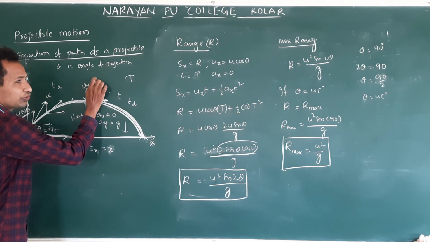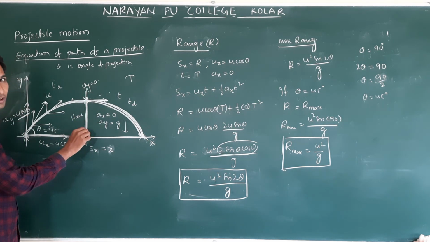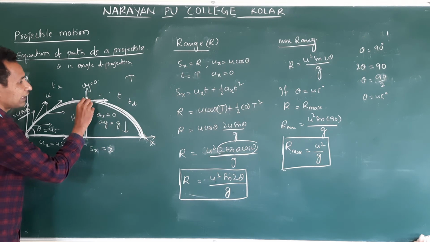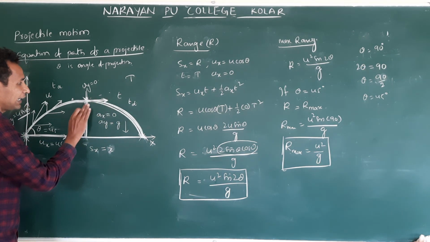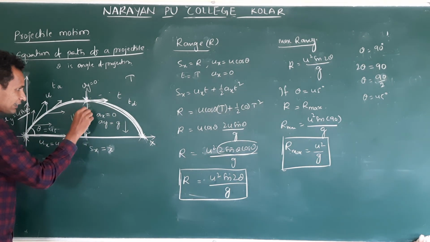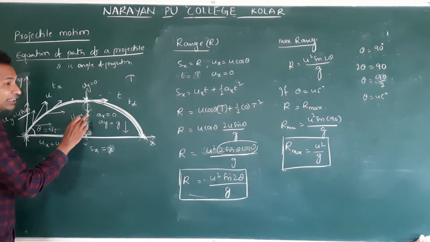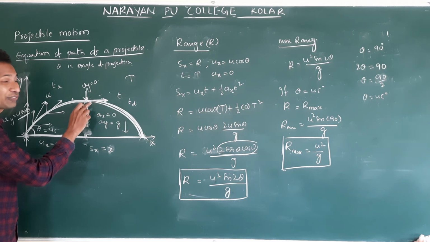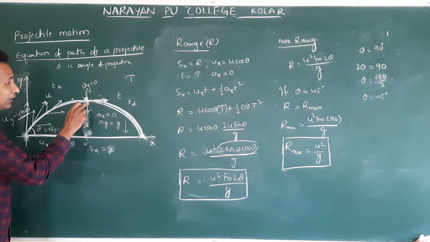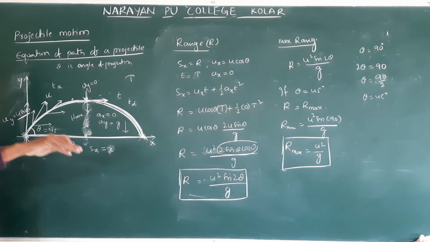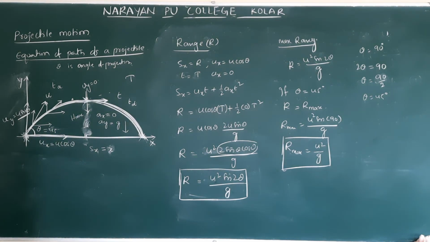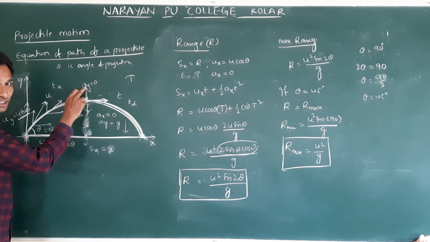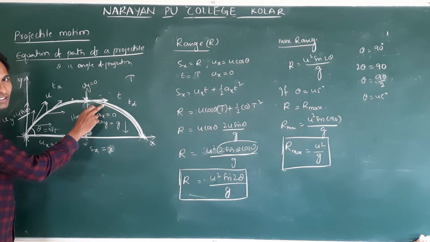If horizontal velocity is 0, then what will happen? Suddenly it falls down. But that is not happening. What does it mean? It follows like this. So here horizontal velocity is in this direction, and acceleration due to gravity acts downwards. Here the velocity and acceleration are perpendicular, not in the same direction. This is a very important point. Here at the maximum height of the projectile, velocity and acceleration are perpendicular. And at the maximum height, final velocity along the y direction is 0, but not horizontal velocity.